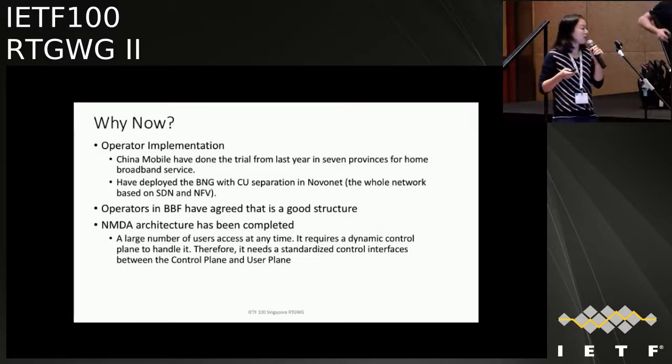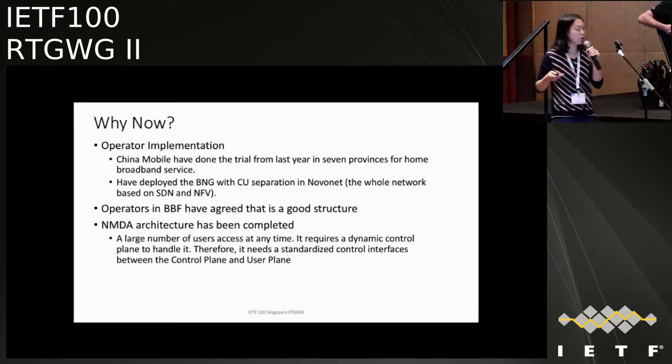And besides, in other organizations, such as the Broadband Forum, many operators have agreed on this architecture of the BNG device with control plane and user plane separation. And we have started the project, see the project WT384, which is focusing on the architecture of the BNG device with CU separation. Many operators now agree on this architecture.